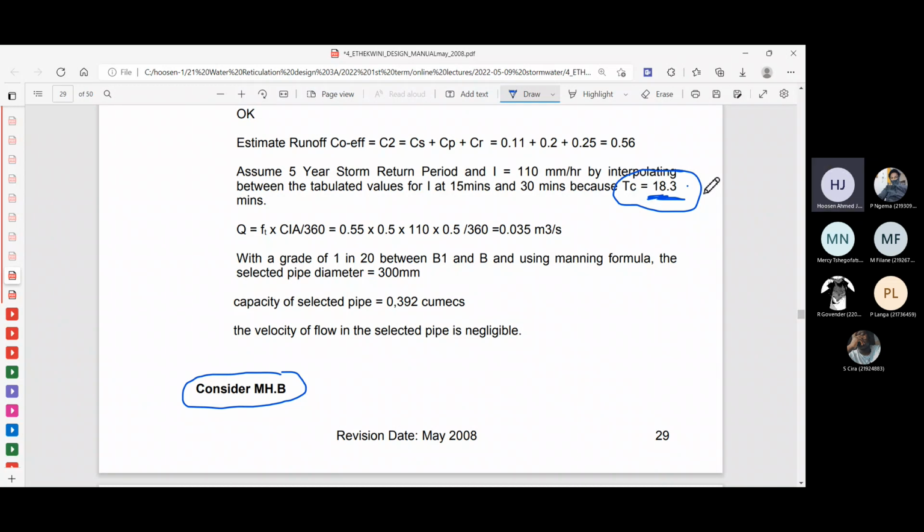Sorry, I was at the wrong one. This is what I'm referring to with the concentration time. These values that we have here, this 0.5 minutes and 0.5, that's for the flow in the pipe, the flow in those pipes over there. We had a very small value. So maybe